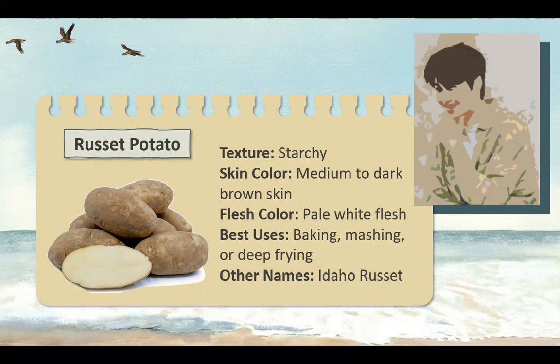Now for our first type of potato, we have russet potatoes, which are highly recognizable for their ruddy, dark brown skin and large size. Pick this potato when you want to make baked potatoes. The thick skin of a russet crisps up while baking and the interior becomes light and fluffy, which is